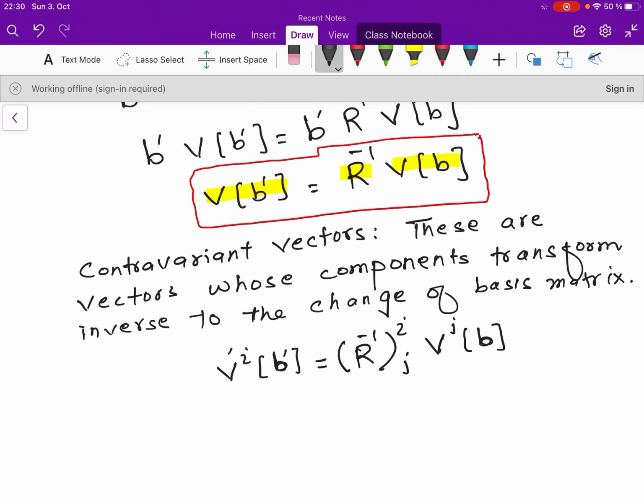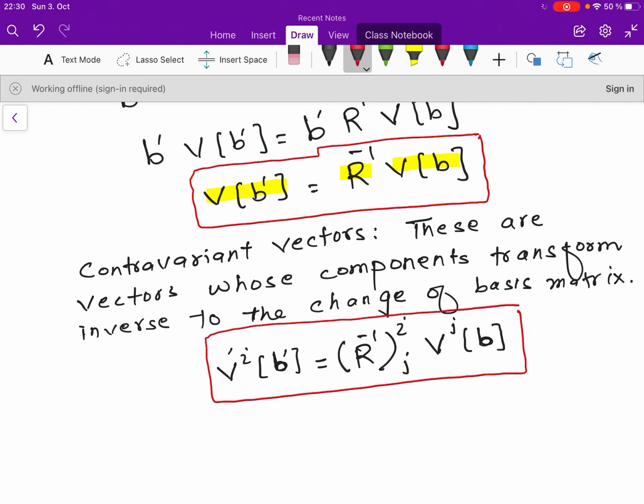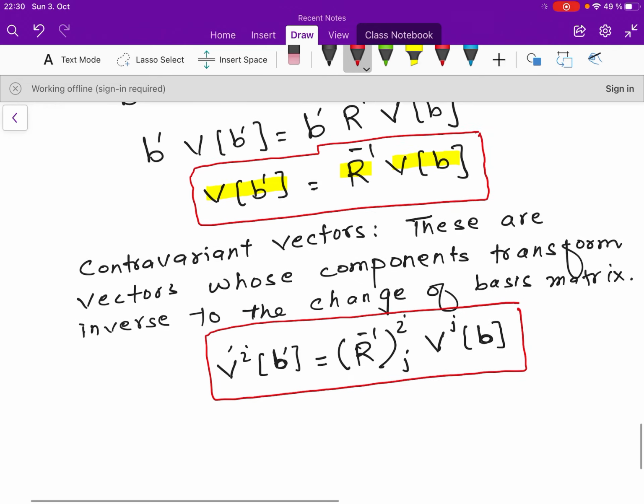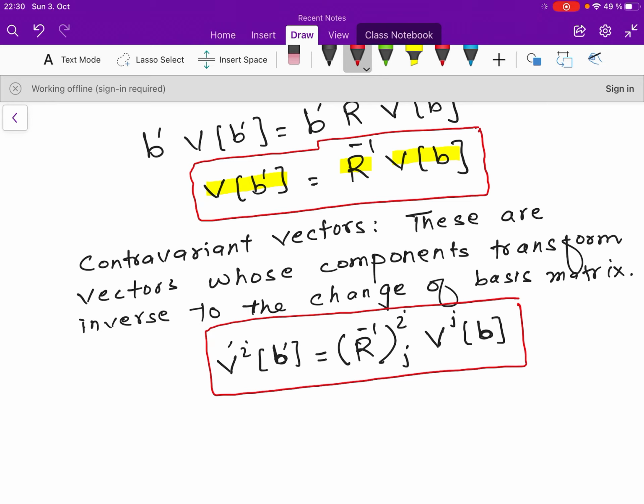So this is in components form. So you can find the ith component in the new prime basis in terms of the components in the old basis, with the help of the inverse of the change of basis matrix. So such vectors are called contravariant vectors,